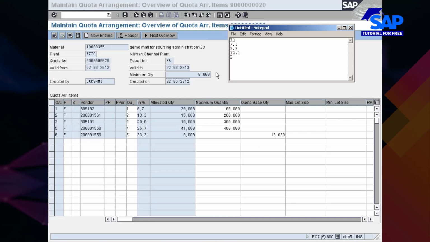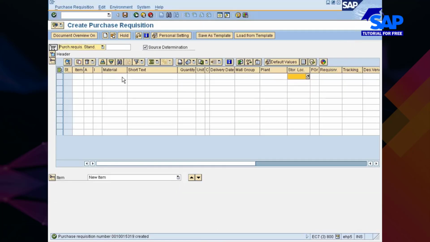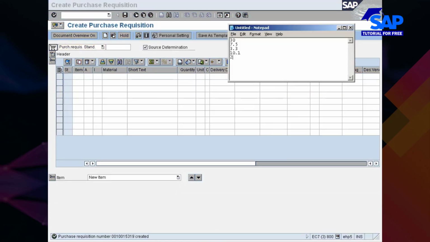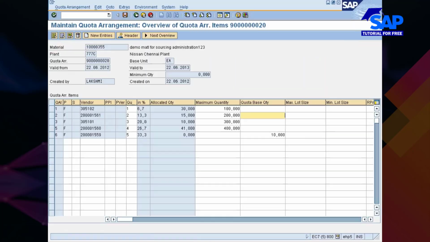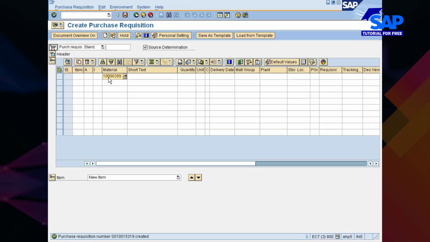So therefore, if you now raise a requisition with source destination check, the system looks into these quota ratings and finds out who has the lowest quota rating. This is 2, right? So let's go and create one more requisition once again. This material, okay,